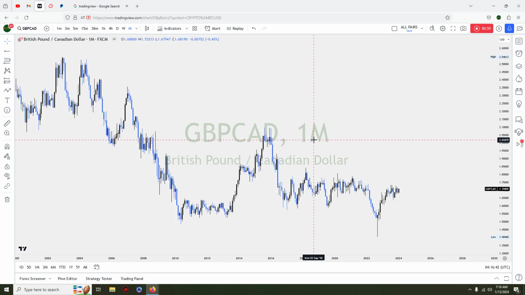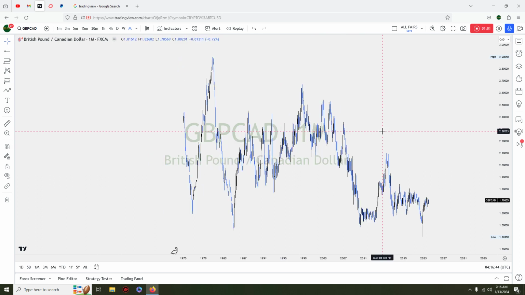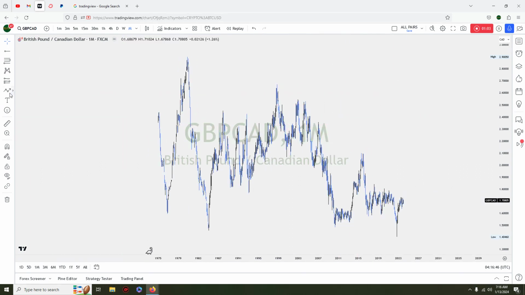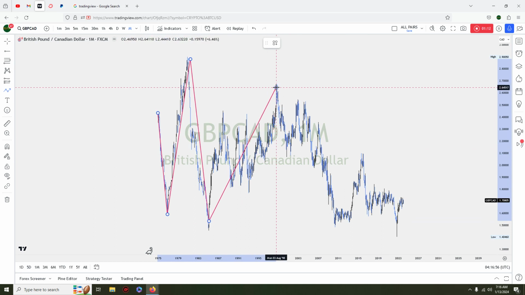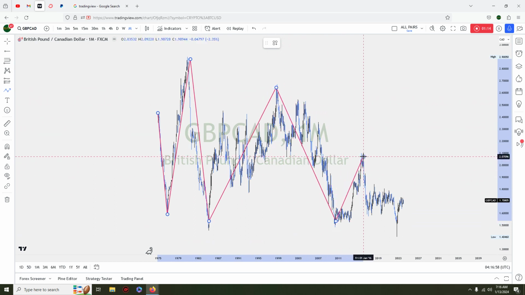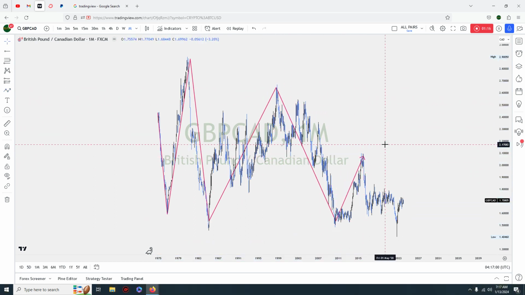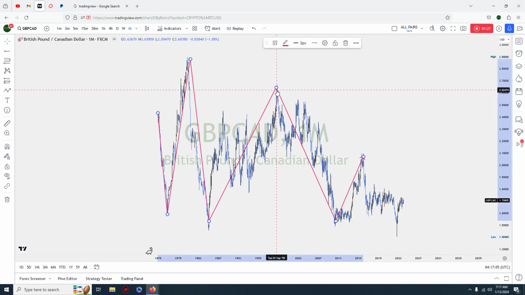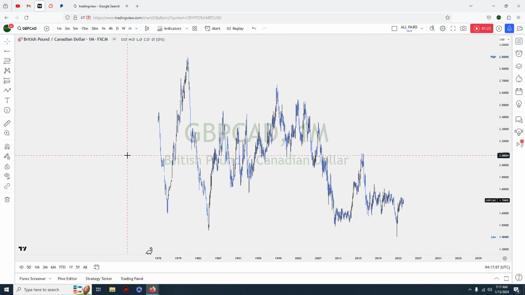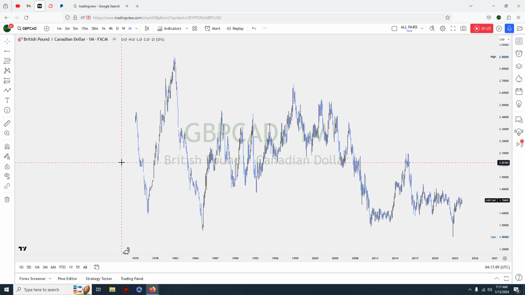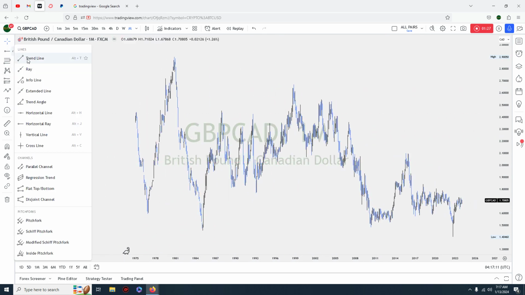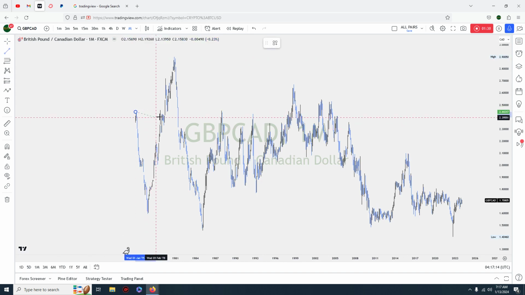So we'll start with the monthly time frame, and if I zoom out, we will start with the monthly time frame. And the purpose of the monthly time frame, ladies and gentlemen, you start with the monthly to get the overall trend. Once you get the overall trend, you now move to lower time frames to try and improve and refine your analysis. So this will be a slightly longer video, but bear with me. The purpose is to learn how to do top-down analysis. So we'll start with the farthest time frame,